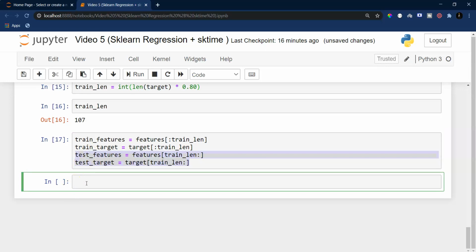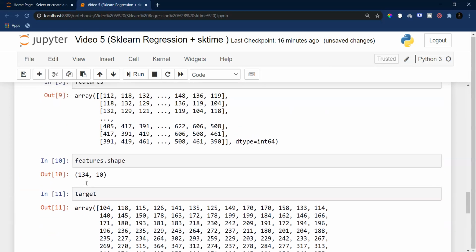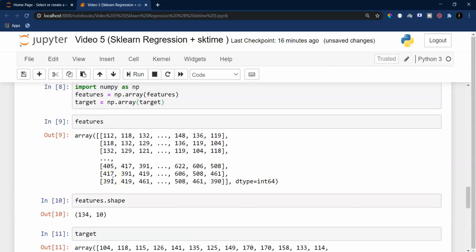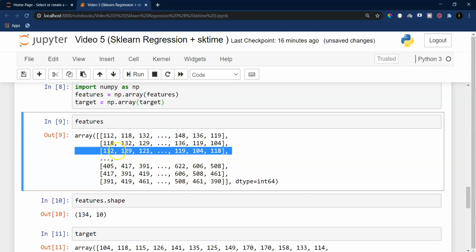Okay, so now I need to import some sort of regressor so that I can use it to train my algorithm. So I'll say from, let me import some regressor. Now that we have our data, you can use almost any regression. And remember one more thing, I have not scaled these values. You also would want to scale your values in sklearn before actually training your algorithm.